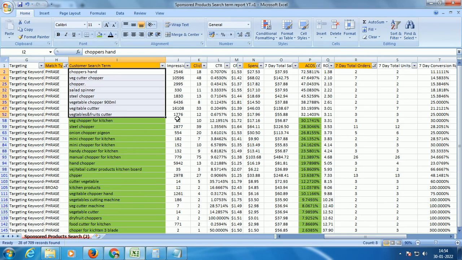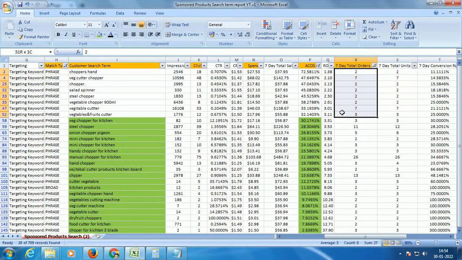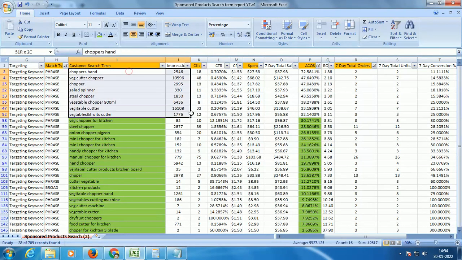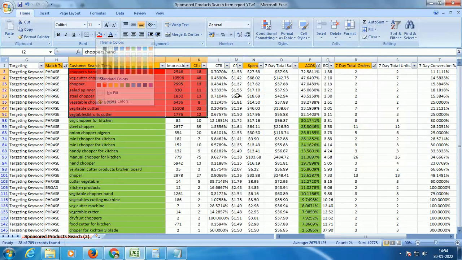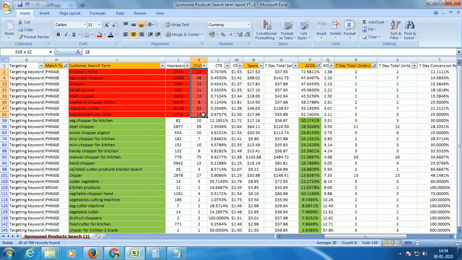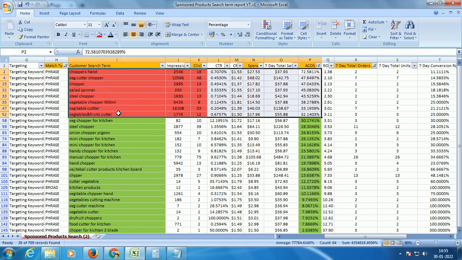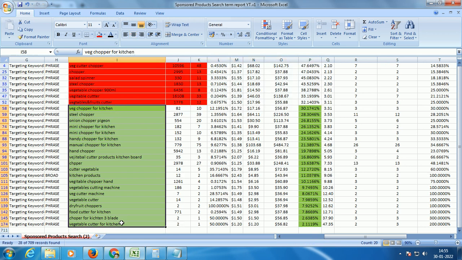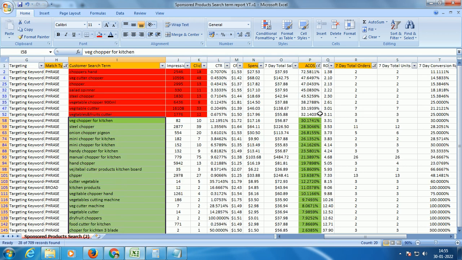Now what about the remaining search terms, right? There are a few search terms where you have two or more sales, but your ACOS is on the higher side. Once again, for all these cases you need to see how many clicks you received. Looks like in most cases we have more than 10 clicks. So technically I'll think about optimizing the bids in these cases, but I'm definitely not going to put them in an exact match campaign because my ACOS is high. I want to test these search terms further before taking that decision. But definitely the ones in green, I'm going to put them in exact match campaigns. Cool, done.